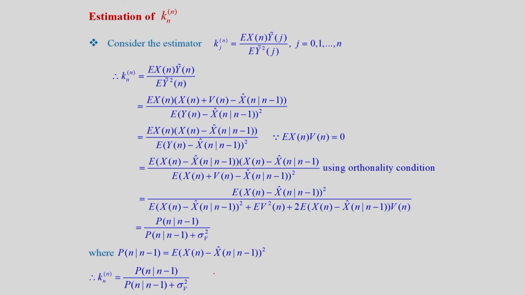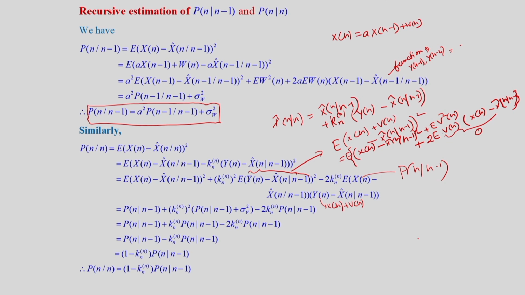From this relationship, we can get that k n into P of n given n minus 1 plus sigma v square must be equal to P of n given n minus 1. So, here we will write k n square, one k n will keep, into P of n given n minus 1 plus sigma v square. So, this entire expression will simply be equal to P of n given n minus 1, because this term we are writing as k n